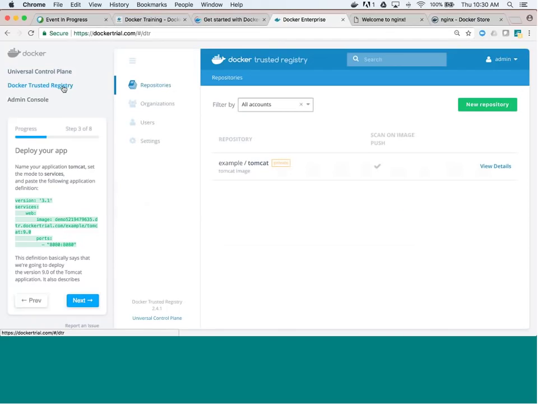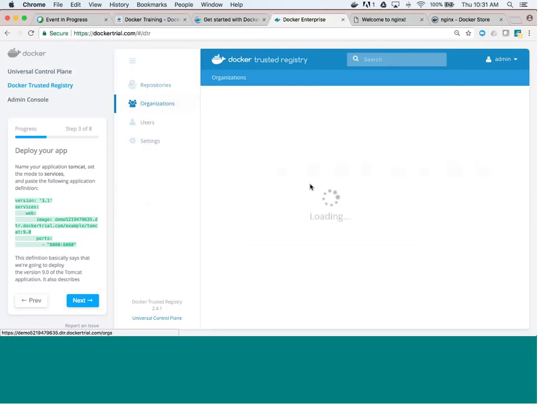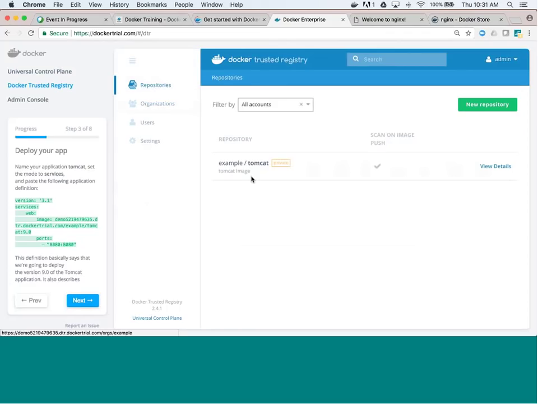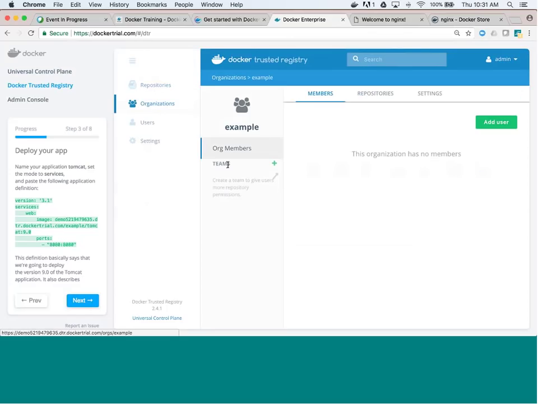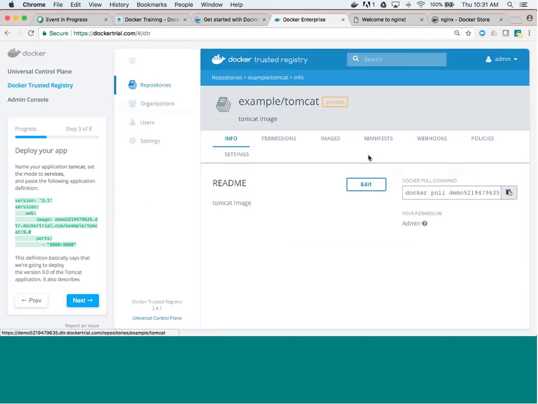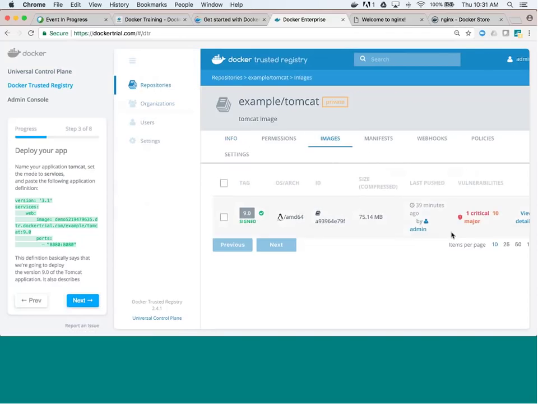So let me start there. Remember, this is where you can check in and check out different images. You can set up different organizations. If you have developers versus your QA team versus your test team, you can set them up with different permissions. They can set up different folders or repositories for those images. Now, within a repository, I'm going to go here. You can see what images are in here. This one that we're looking at